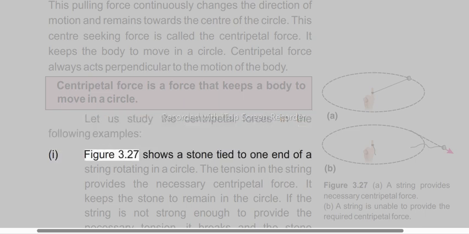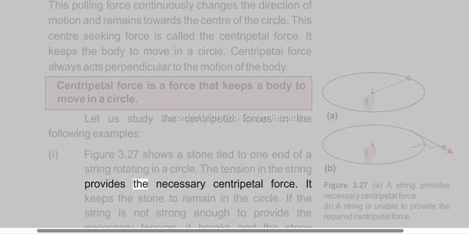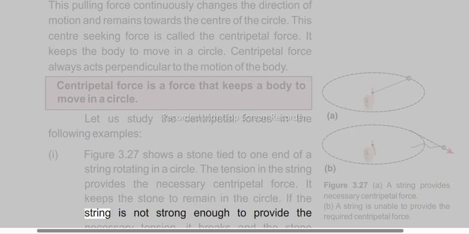Figure 3.27 shows a stone tied to one end of a string rotating in a circle. The tension in the string provides the necessary centripetal force. It keeps the stone in the circle. If the string is not strong enough to provide the necessary tension, it breaks and the stone